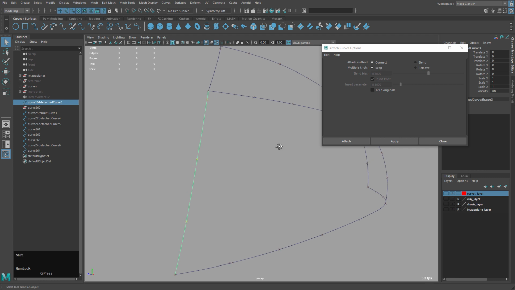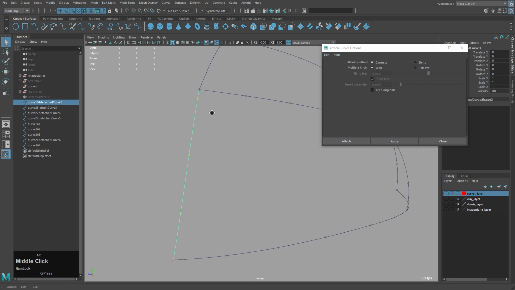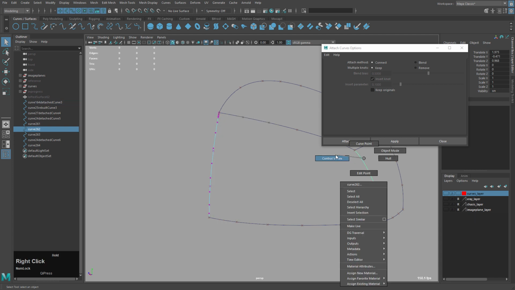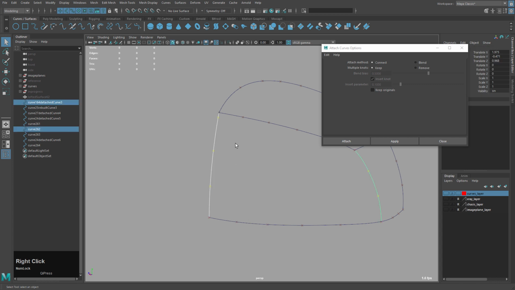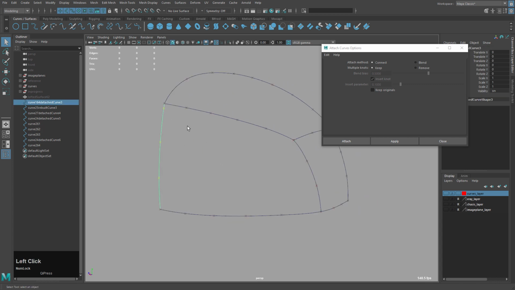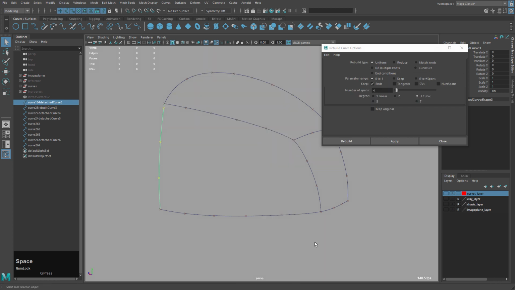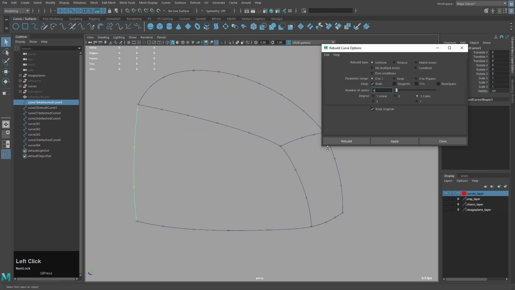So now it's connected. I'm going to clear history, Shift Alt D, and now the problem is this curve and this one, they don't match, because this one has so many vertices here and this one has very few. So we need to rebuild it. So I'm going to select it, go to curves menu, click option for rebuild, keep original on again,